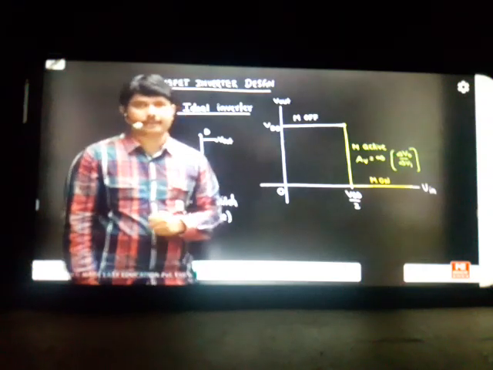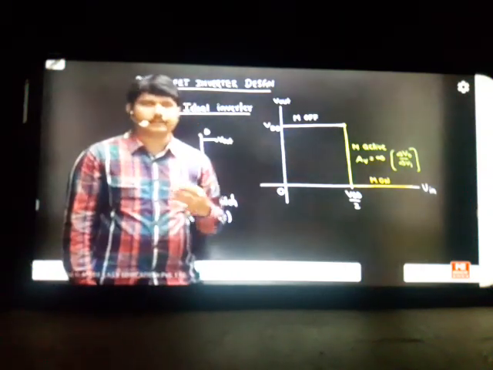And the point is, we want a vertical line. If you don't have a vertical line, you are spending some time in the active region. Because in switching, on to off to on, you should not take time in the active region. That's why the slope of the line is required to be infinite. That means dV0 by dVi, or del V0 by del Vi, should be infinite. So the change of V0 by Vi is called gain. The gain should be infinite, I'm telling you.